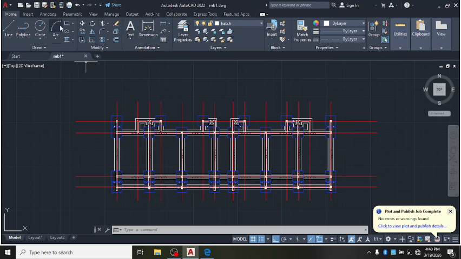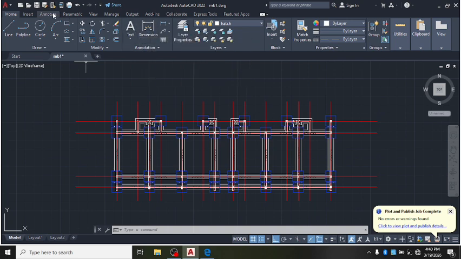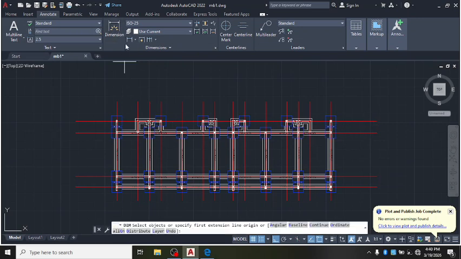So you can come here and click annotation, or you can from the ribbon panel click on this drop down, but I would like us to go to the annotation panel so that we will have a complete view of what is contained in the annotation tool panel. So here we have text, here we have dimensions, and here also we have leaders, we have center lines. So now we want to dimension this drawing. First of all, I'll click on dimension,